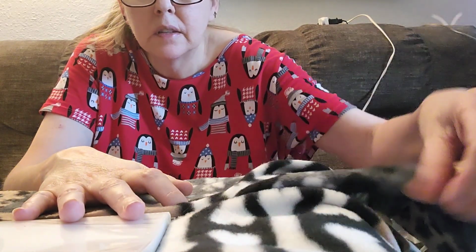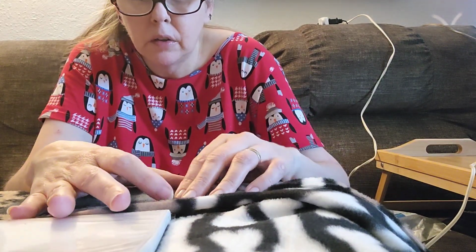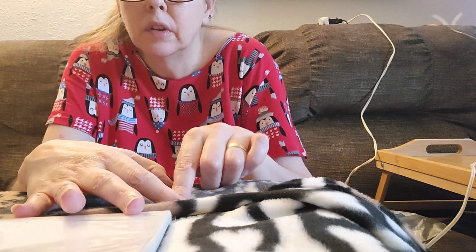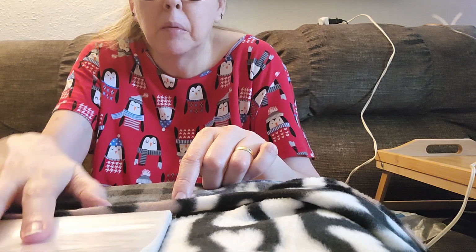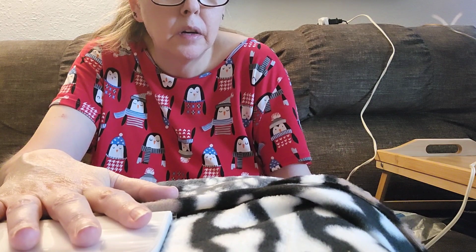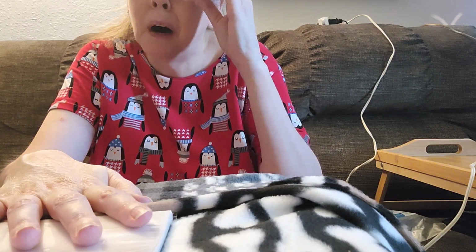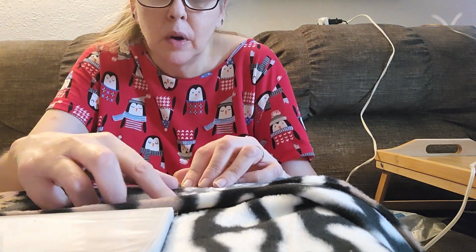And of course it looks a little bit confusing because everything is kind of wonked out here. But if you feel right here on this edge, you can actually still feel the photo album underneath the fabric, so you don't have to worry about cutting your fabric or cutting into your photo frame or photo album. And a lot of photo albums that you buy are super thick, so you'll be able to feel them. But because I've been doing this for a while,